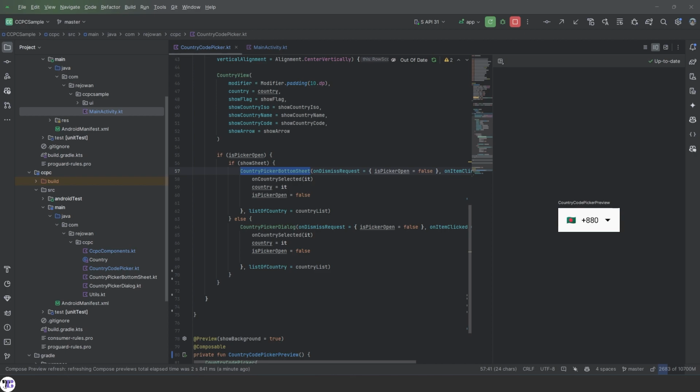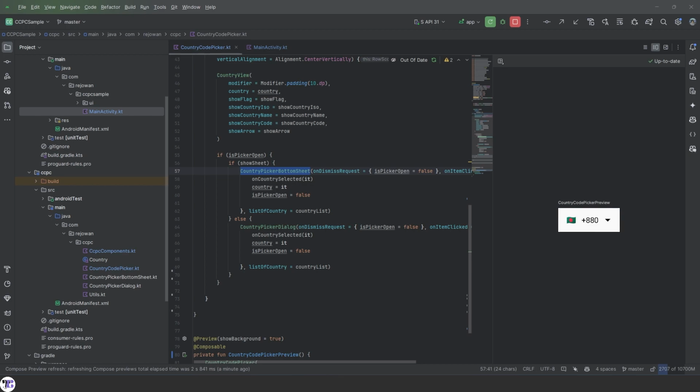Welcome to Tranquilly Coding. This is our 9th video of the series of creating a country code picker using Jetpack Compose. In our previous videos, we have created the country code picker. Mostly all of the basic work and groundwork is done. Right now in this video, we're going to polish the whole concept a bit and also make it more simplified